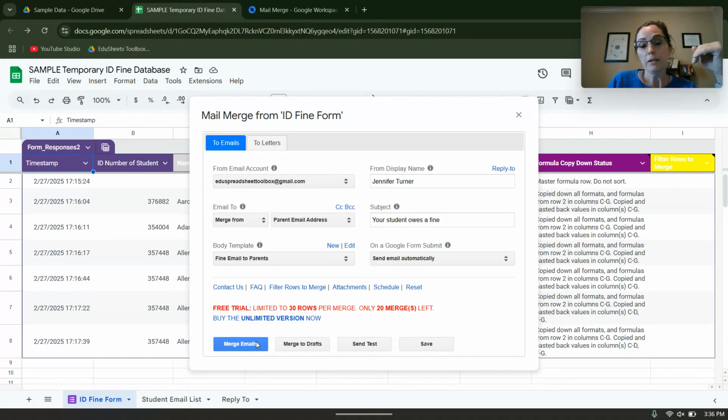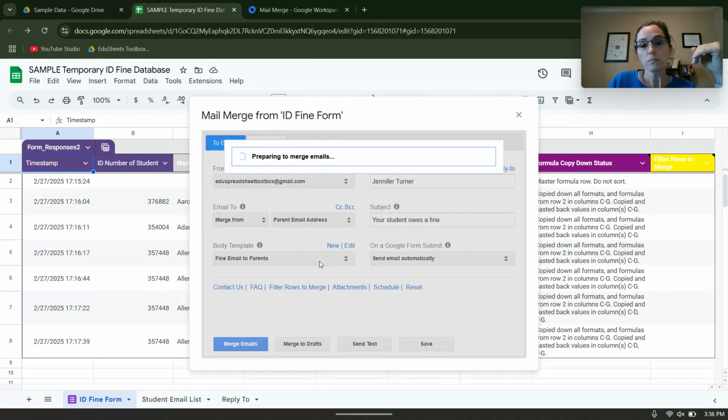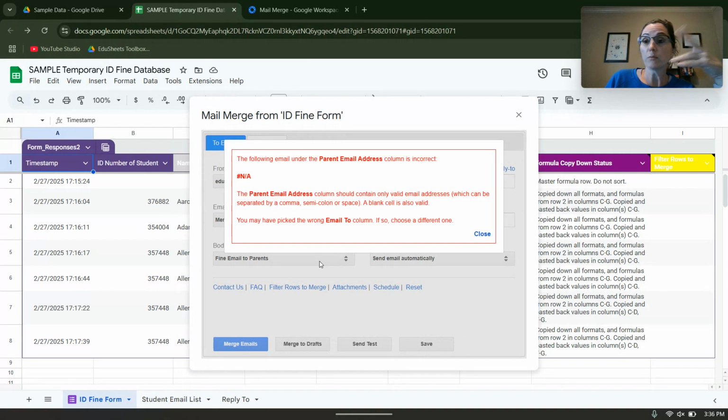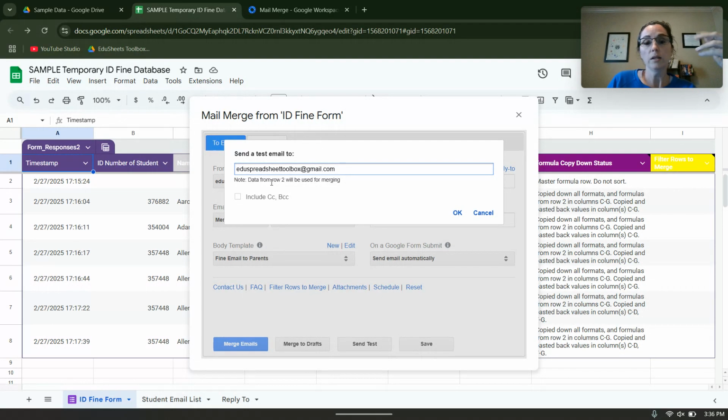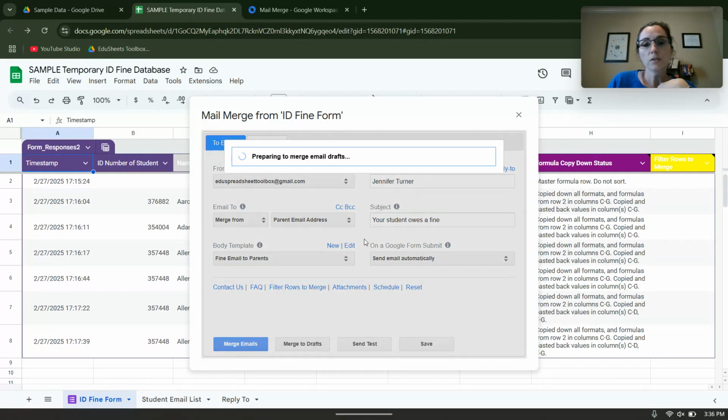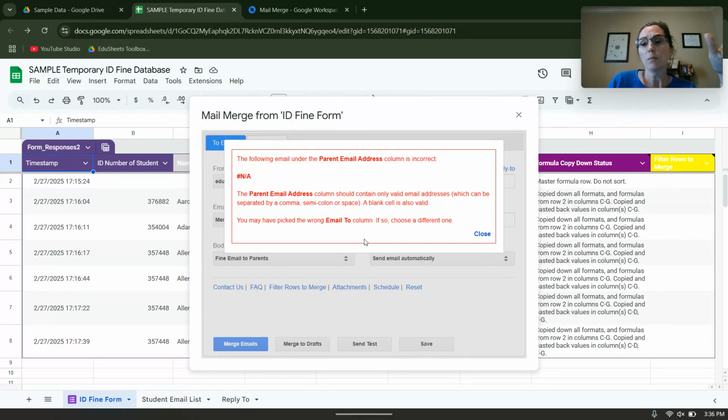Then if you're doing it manually, you can hit merge emails. It's going to go through and look, and it will tell you if there are any problems. So for instance, here the parent has an NA, and so it cannot do it. I have to go fix that. But if every email address is there and it's good, then it will let me send it. You can also send a test, so you can send it and it will come to you, and you can look at it and make sure all your formatting looks good and it's the way you want it before you send it. Or you can merge it to drafts, and it will put it in the draft inbox of your